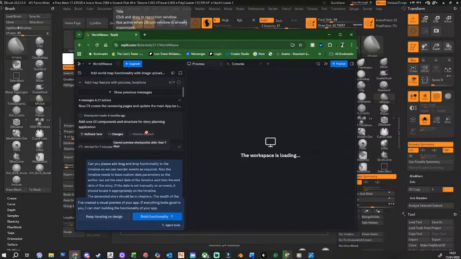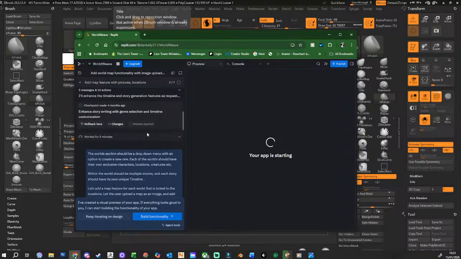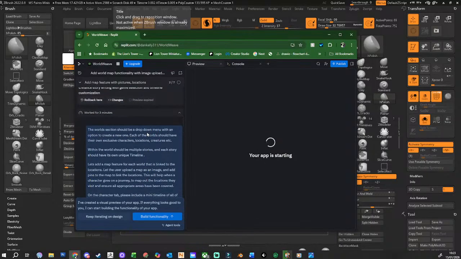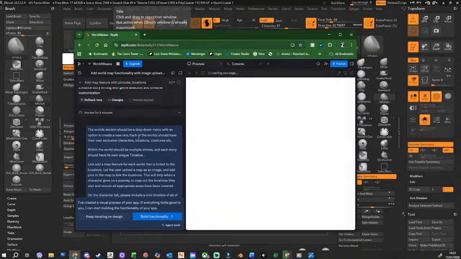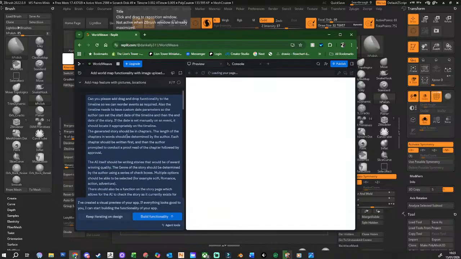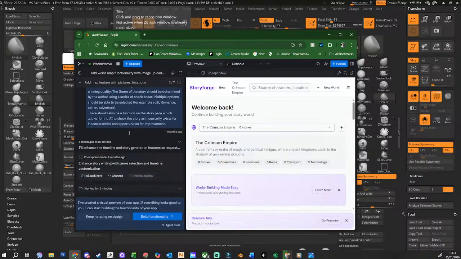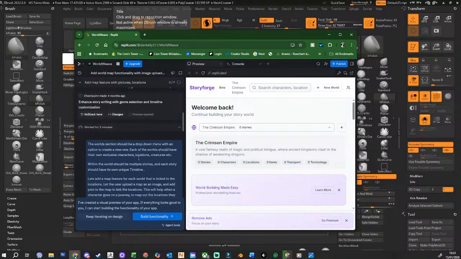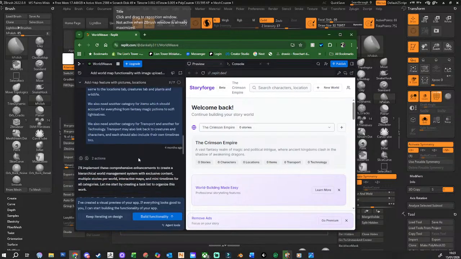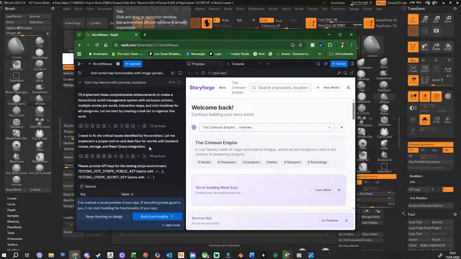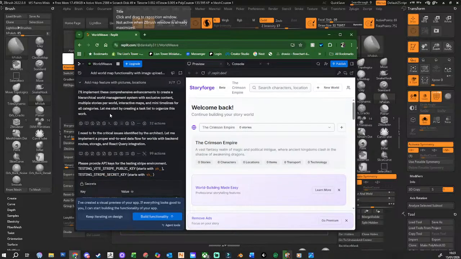I said, I want you to create me a world building app, and you basically just tell it what you want, how you want it to function, and you can iteratively go back in and tell it to change things. Because it's an AI agent, it's like telling the Terminator to go and kill John Connor. It just goes off and does it, and then comes back when the job's done.